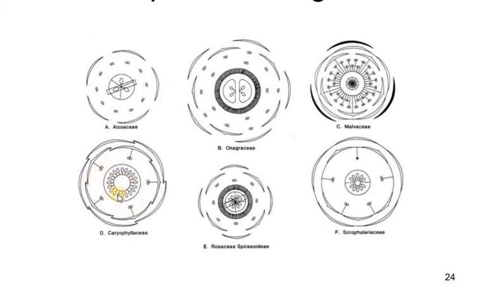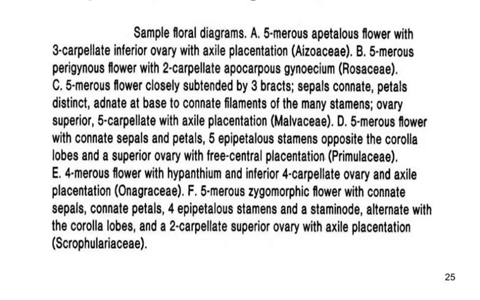And if you see the placentation, it is free central placentation. There is only a single ovary cavity. So it is free central placentation. Okay. This is how we explain the floral diagram. I think you understood how to write a floral formula and how to explain and how to draw a floral diagram.